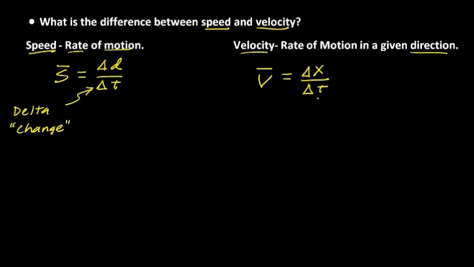And right there in front of you is the real difference between speed and velocity. They both include change in time, but speed is change in distance over change in time, whereas velocity is change in displacement